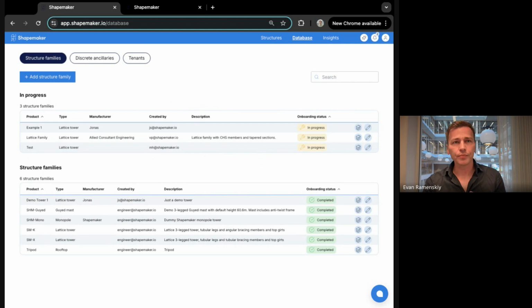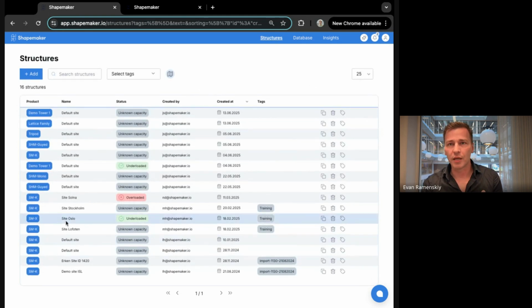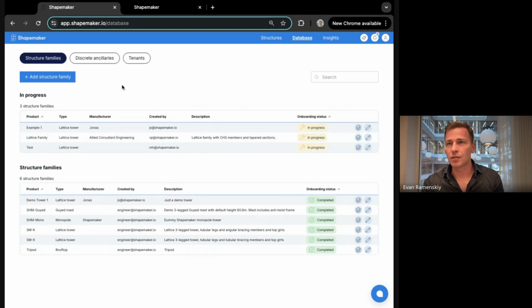So for example, we have a centralized digital model. Here you can see all the structures in one place. In this TowerBuilder functionality, the designs are also in one place. We also